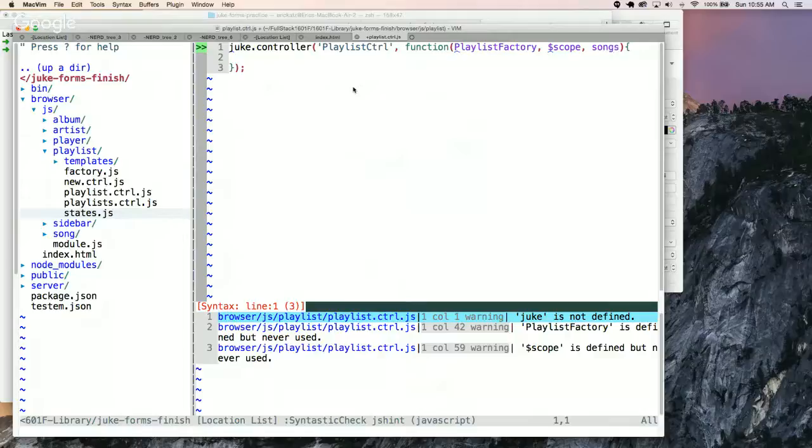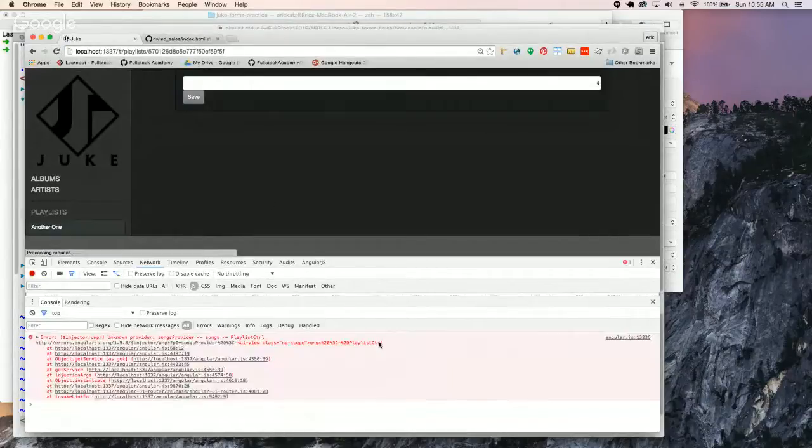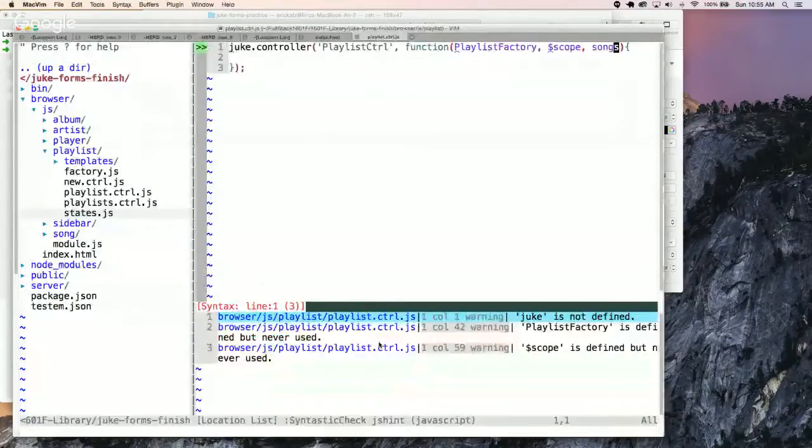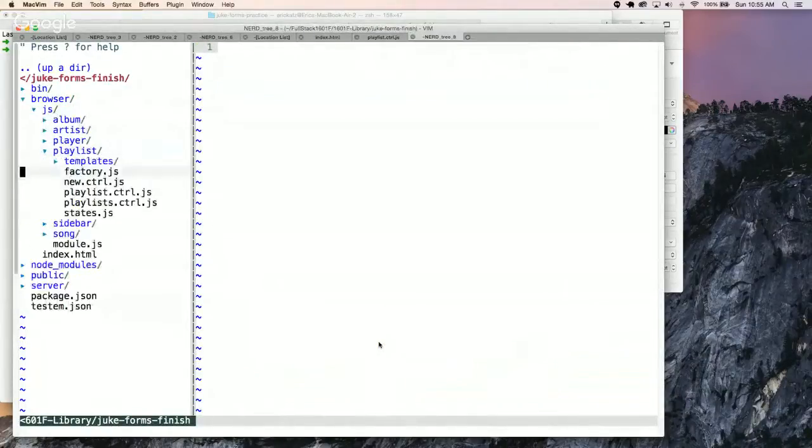We have a playlist ID, so now we want to find our songs. So if I just run this, I'll get an error, and it's the unknown provider error, which you should be very familiar with. You're going to get it sometimes when you want it, sometimes when you don't want it. Here it's actually looking for these songs, and I can get that error to go away by simply going back to my states on my playlist,